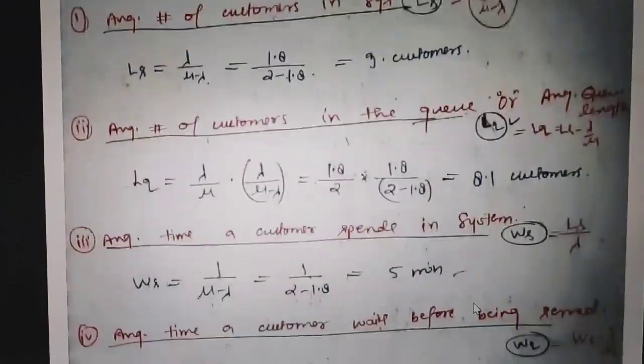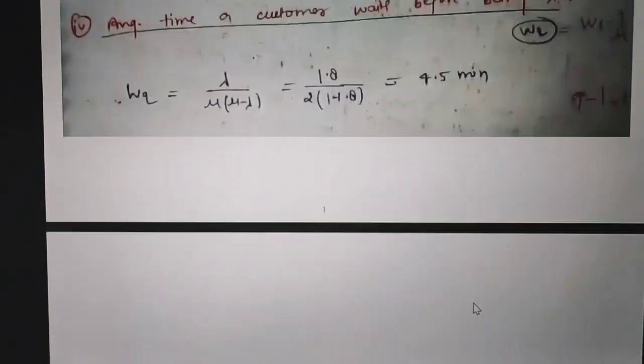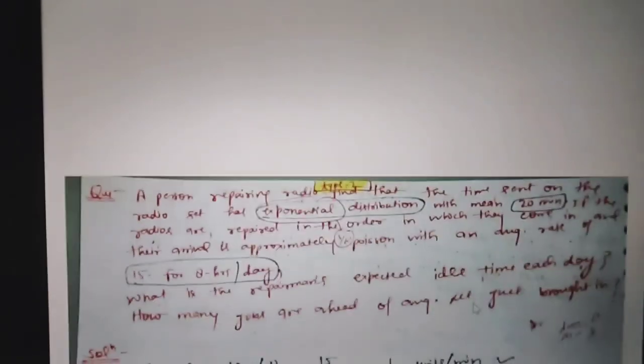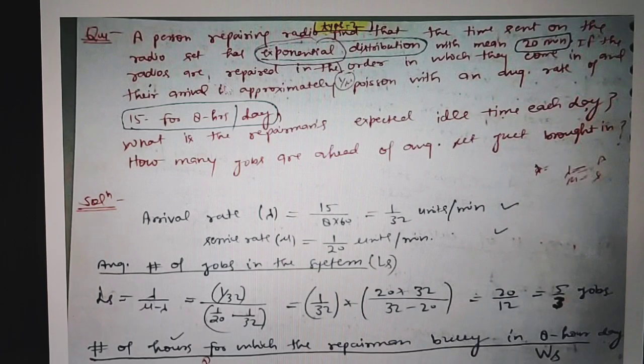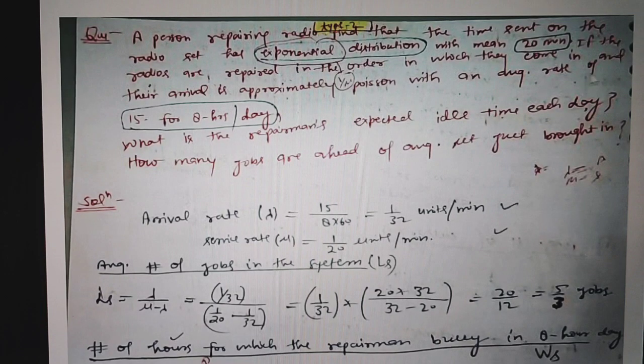I have discussed it with only simple terminologies here: Ls, Lq, Ws and Wq. But now it is time for the type 2 problem in model number 1 only. The problem statement says that a person repairing radios finds that the time spent on each radio set has an exponential distribution with a mean of 20 minutes. If the radios are repaired in the order in which they come, and their arrival is approximately Poisson with an average rate of 15 for 8 hours per day,